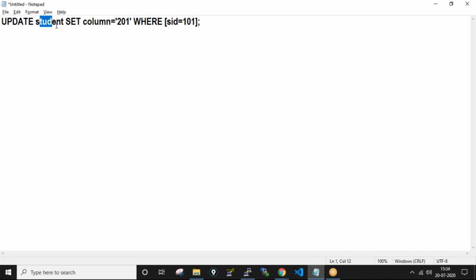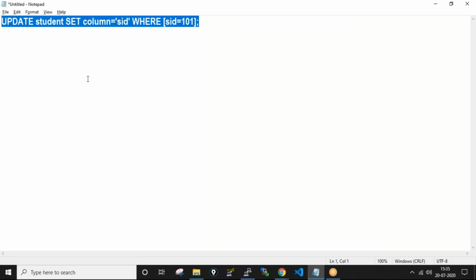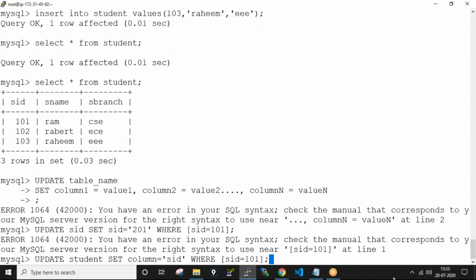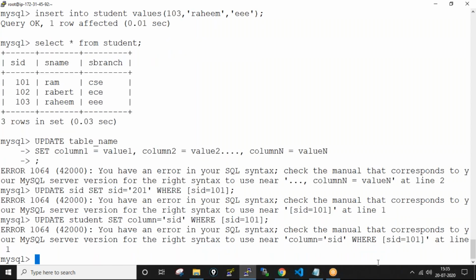Yes. Update table name, set column, where column is whatever the column name is in our table. The column name is SID. Where SID is equal to 101. Yes. So we will execute this one. It's not getting, sir, column SID.